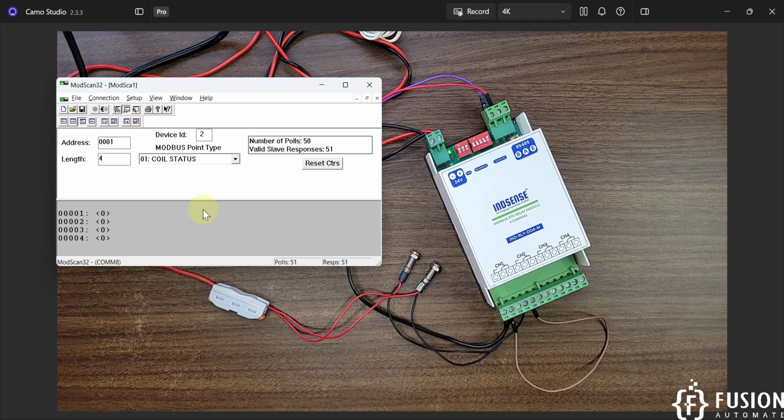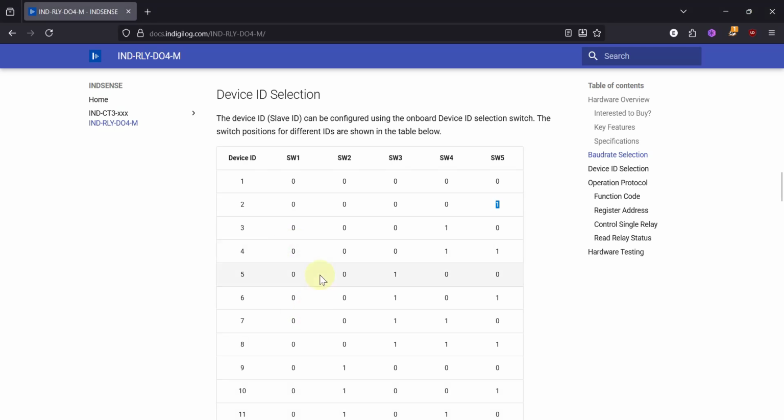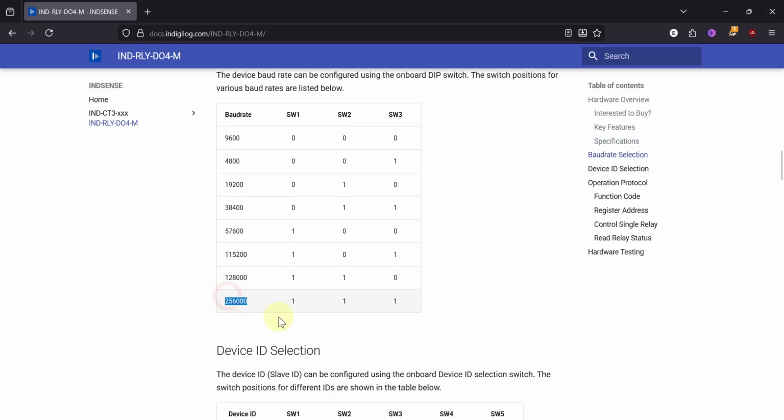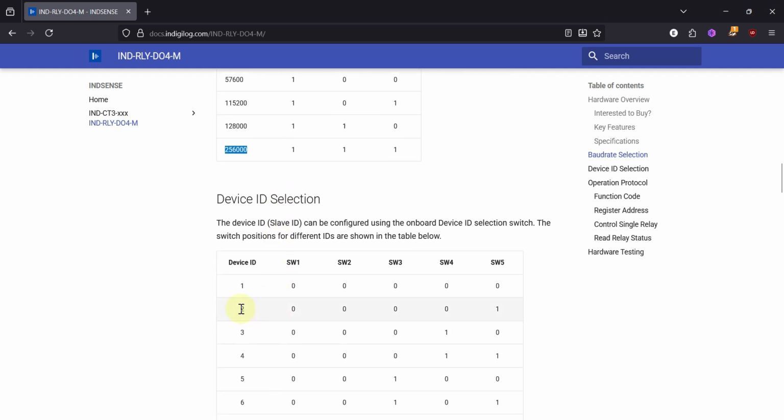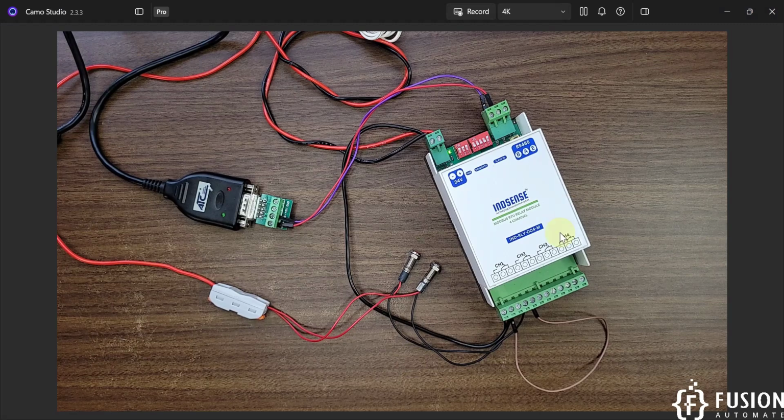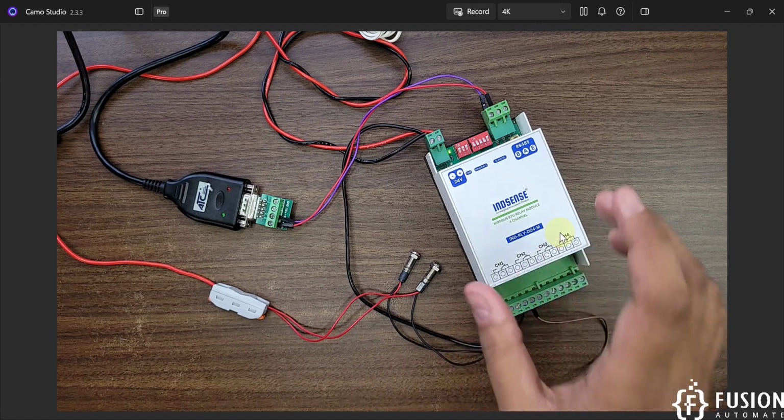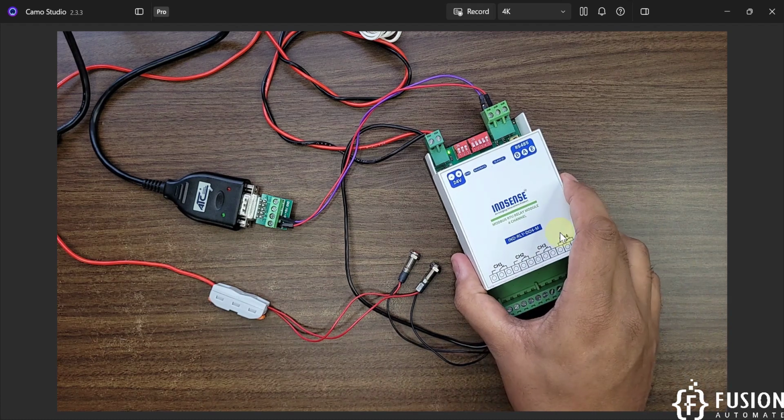Now if you are going to integrate this with Node-RED, then in the Node-RED device section, you have to change your slave ID to 2 and you have to change your baud rate to 256000. You have to select this baud rate in Node-RED and you have to use slave ID or device ID 2 to communicate with the INDSENSE 4-channel relay module. So I hope it's clear how you can change the baud rate and the slave ID of this INDSENSE